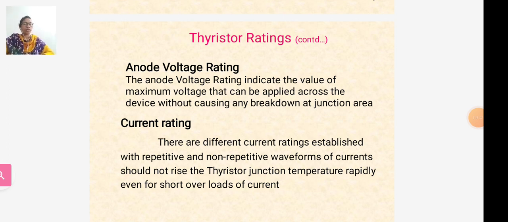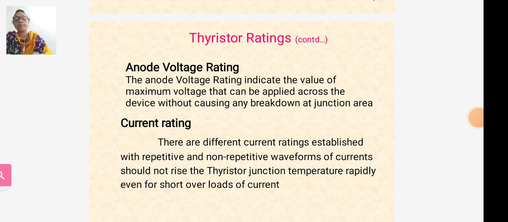or off state. It is specified at a maximum allowable junction temperature with the gate circuit open, or with a specified biasing resistance between the gate and cathode terminals. So these are the peak working forward blocking voltage and the peak repetitive forward blocking voltage, and also